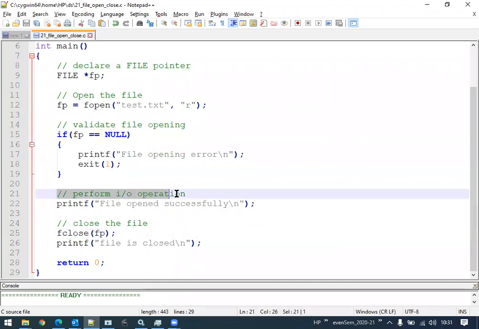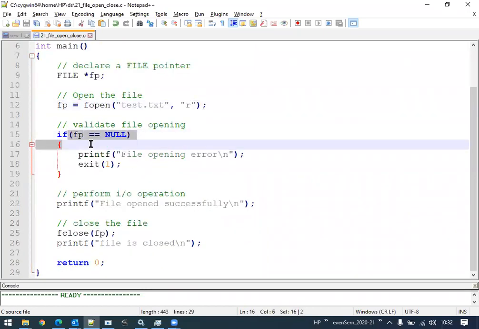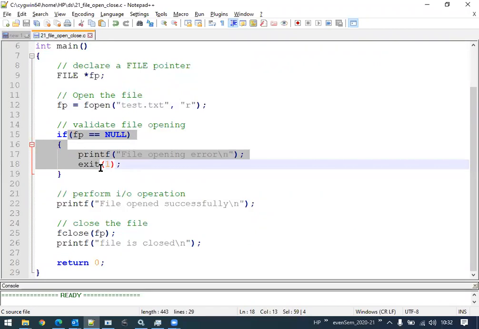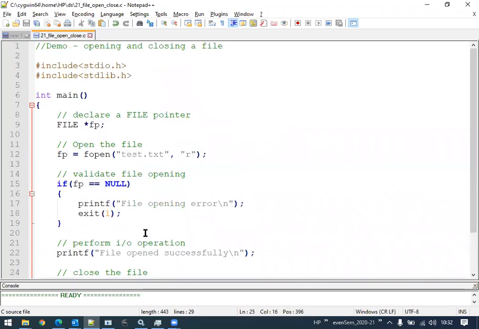So as a standard, the file *fp is a must. Opening of a file is a must, in whatever mode we want to open it for. Then validating whether that file opening is successful or not is also a must. And then the closing of the file. Understood, students?